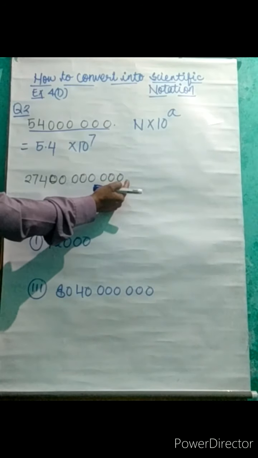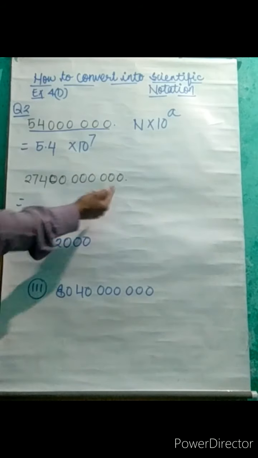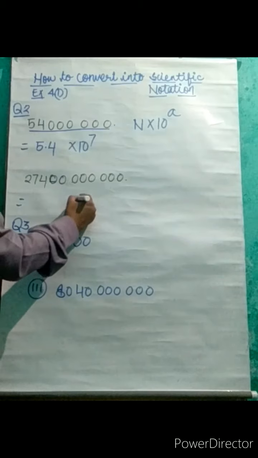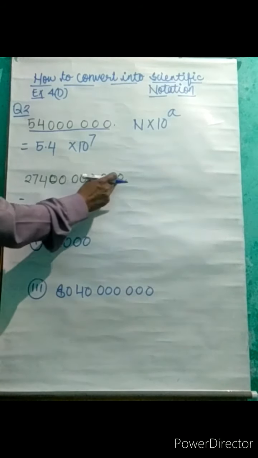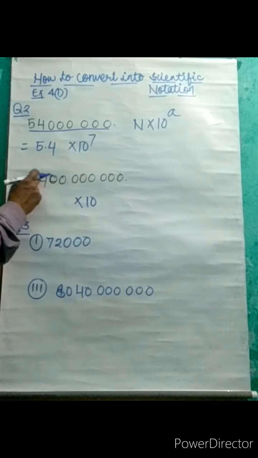So it means we will shift this point up to this place, so that to the left side of the point only one whole number 2 will be left. So we will count how many places we are shifting. This will come in the form of 10 raised to power something, which we will calculate now. Now we are shifting 1 2 3 4 5 6 7 8 9 10 places, up to here. So it will